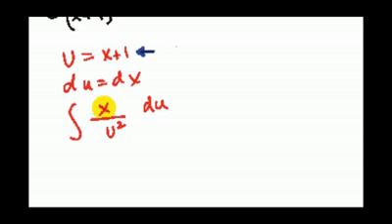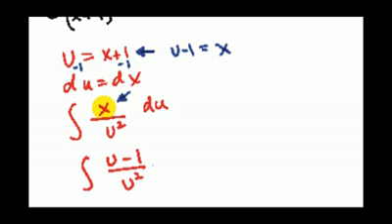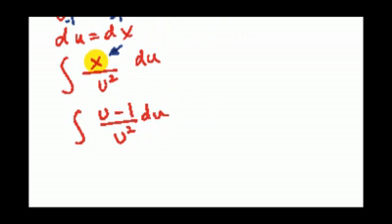So here, if I subtract 1 on both sides, you get U minus 1 equals x. So if I plug that in for that, I no longer have x's. Hopefully I have a problem that I can integrate, and sure enough I do. At first glance you might be intimidated, not know what to do, but then you remember your algebra and you remember that these two things in the numerator were once separate entities, so you can take them and separate them,